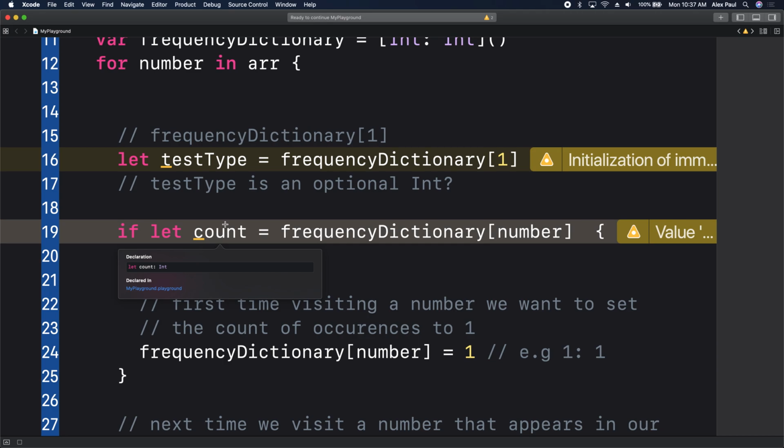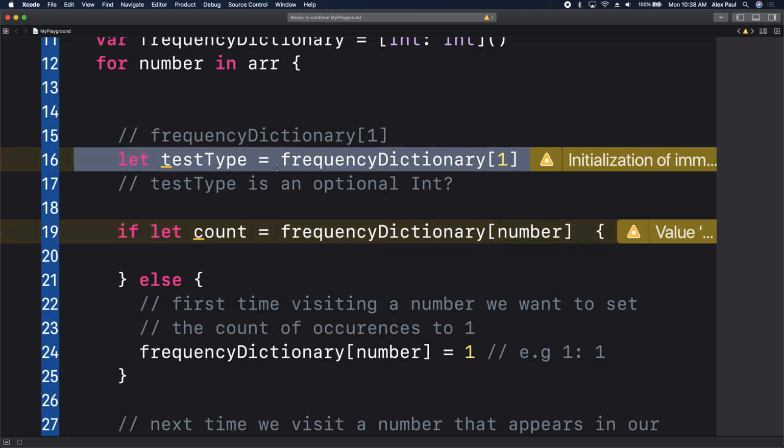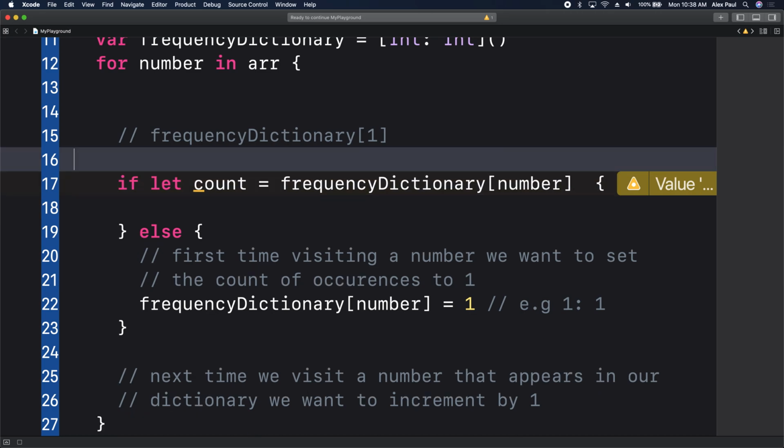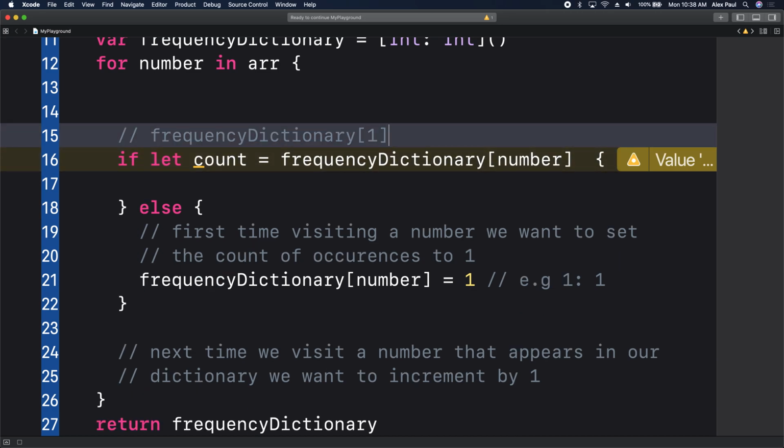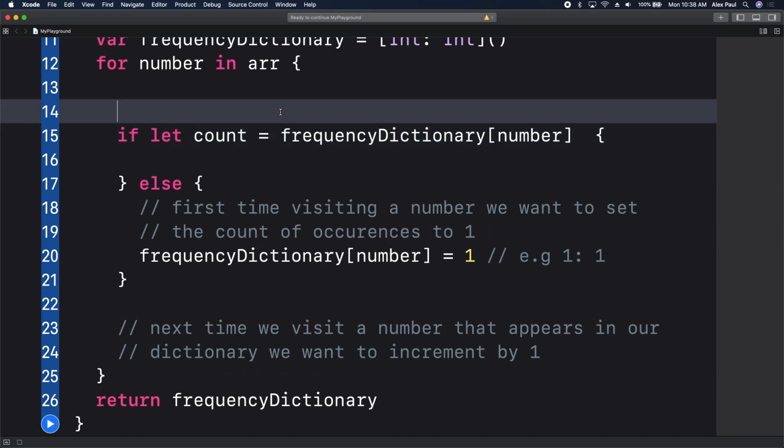Right? So again, this was for test purposes. Just remove it. You don't need that here. Okay? You don't need that here. That was for testing, for us to see what's going on. Okay? All right. Cool. So here we are using optional binding